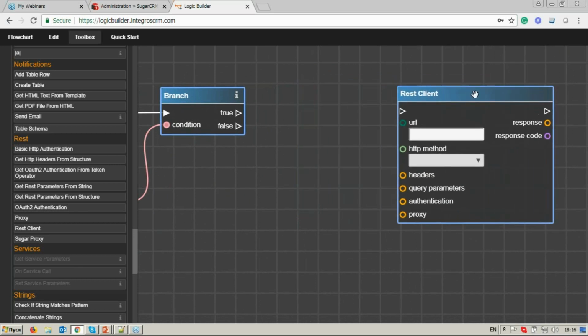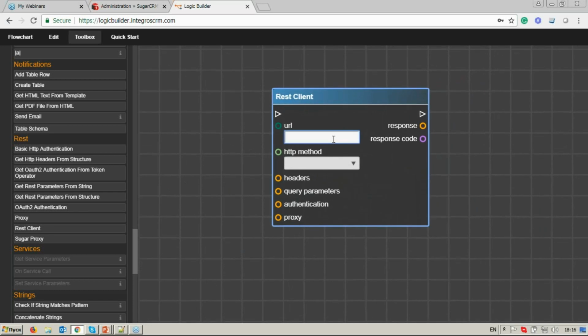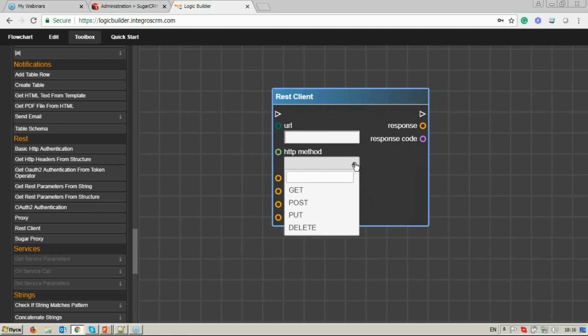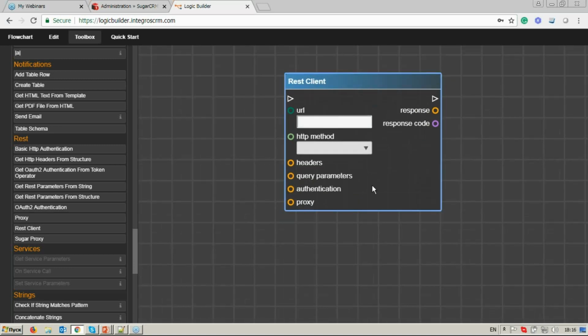I just move it a little bit far away and zoom in on it. So what we have here, in URL, the link to the REST API should be specified. Then the method should be defined, like get, post, and so on. You may see all the methods that we are currently working with on the screen. You simply pick one from this list. Then you have the possibility to define headers here, and headers can be specified using name-value pairs. And then these headers can be formed using